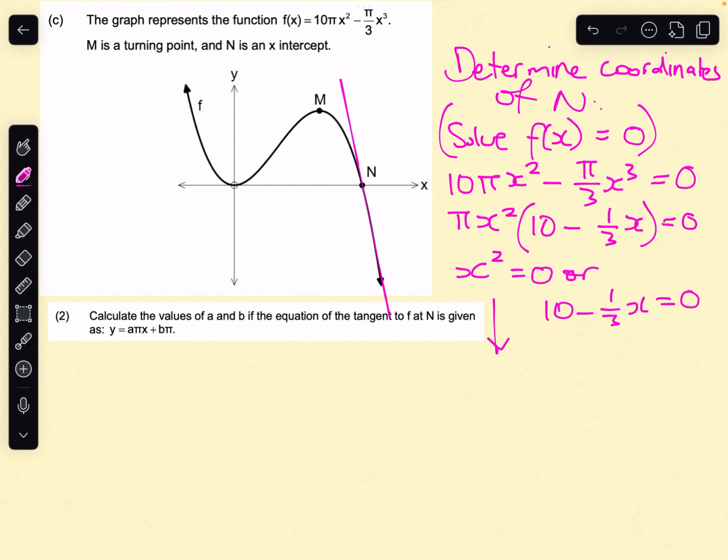From the first one we have x is equal to 0, which would be that x-intercept, or minus a third x is equal to minus 10, and so x will be equal to minus 10 times minus 3, if we multiply by minus 3 on both sides. So that'll be 30. Now we know that our x-intercept occurs